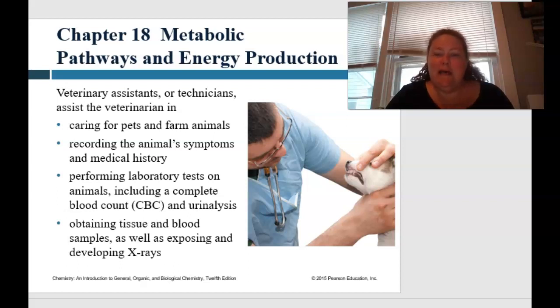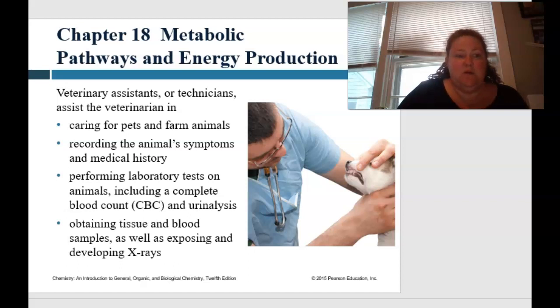Well, they're going to help care for pets, farm animals, help record the animal's symptoms, medical histories, do the CBCs, the urinalysis, as well as fecals, etc. So what they're trying to do is look for anomalies in different processes. So to understand what an anomaly would be, we first have to understand what the basic metabolic pathways are, okay,